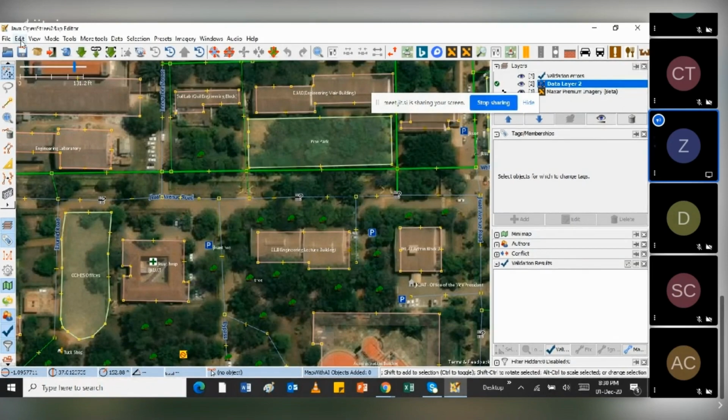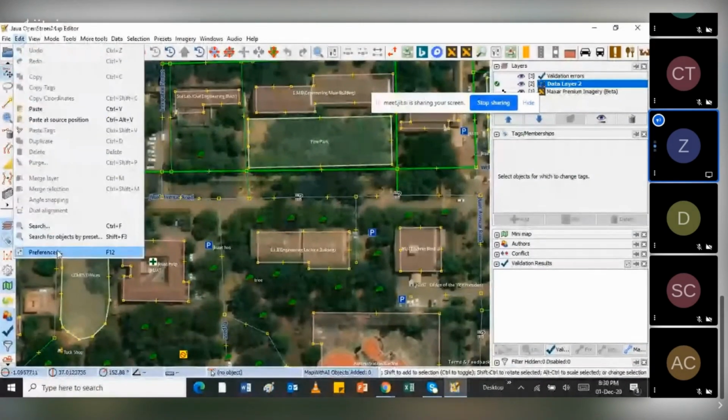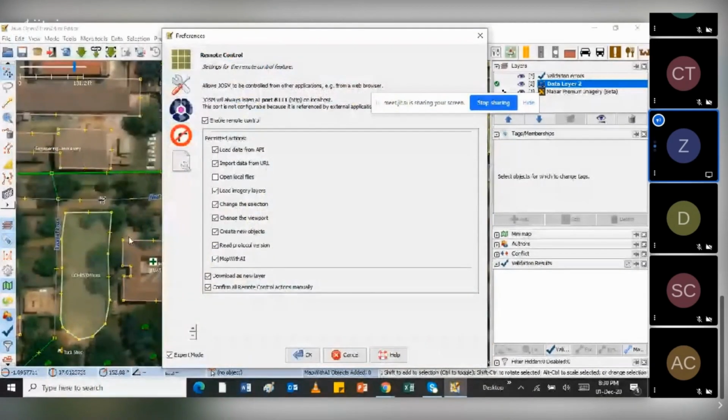It's a secondary tool that's not directly interlinked with the server. So what I want to do is create a remote connection within the software and the tasking manager.